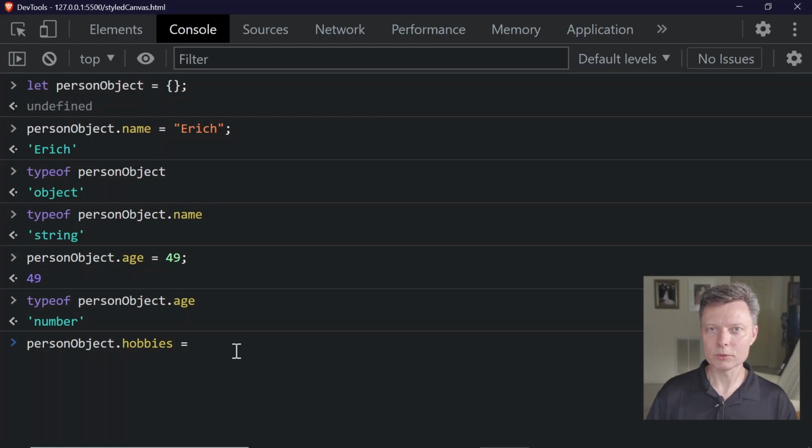And so we do the left square bracket, and then a list of things separated by commas, and then a right square bracket. So left square bracket, and I'm going to put my own hobbies here. So graphics, programming,